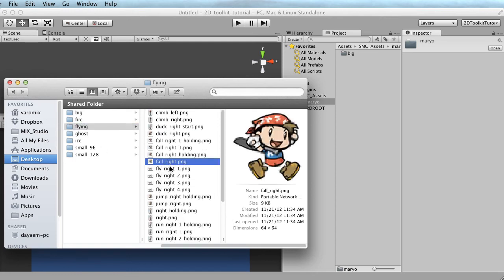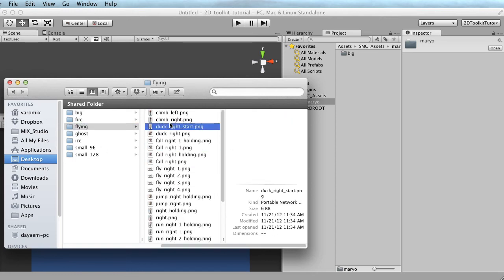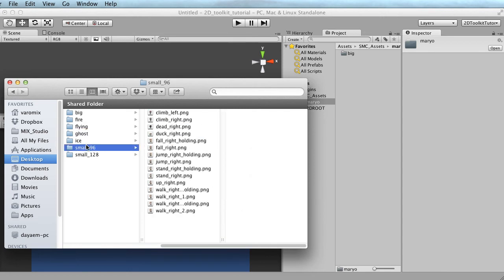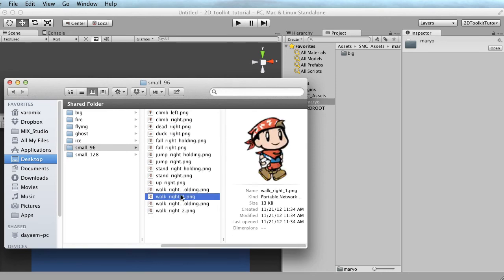I think these line things are smaller than they should be, so I'm going to fix those. This is the small one when he's small, and it's the same, but it's kind of cuter in the smaller version. So I'm going to import those two there,